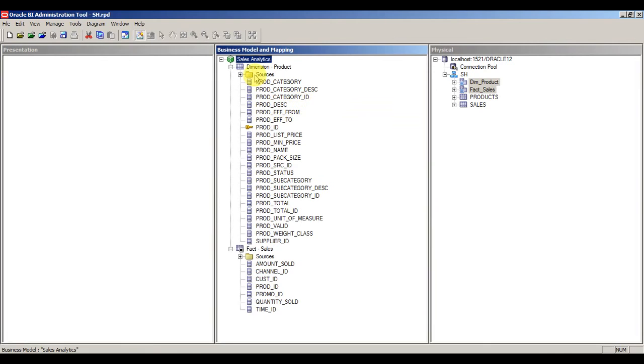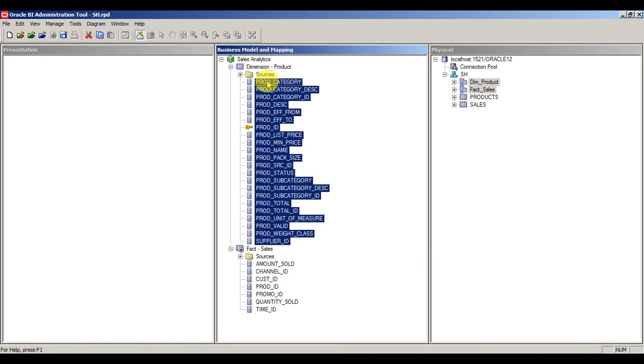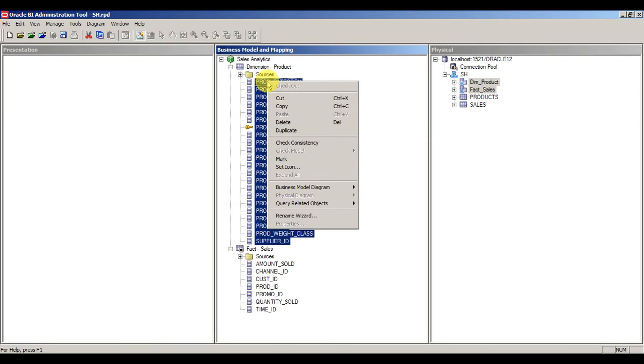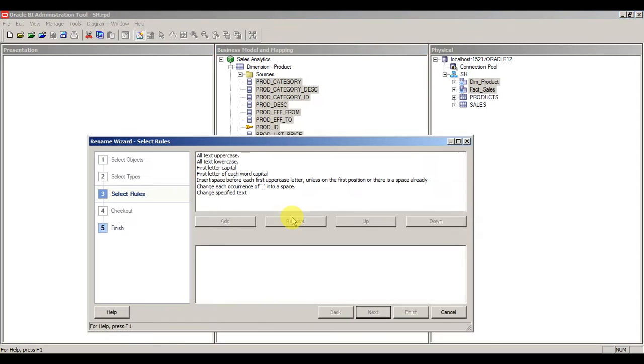Now, these names are not very convenient for the user to understand, right? So what we will do is right click on that and use a wizard called the rename wizard. Just select the wizard and use first letter of each. Basically we are giving a set of rules to rename these fields.